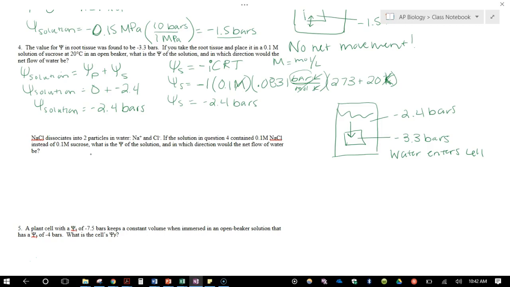So our solute potential is going to change. So remember, we had an ionization constant of 1 last time. So this time, I'm actually going to have an ionization constant of 2. So instead of being 1, it'll be negative 2 times 0.1 molar times 0.083